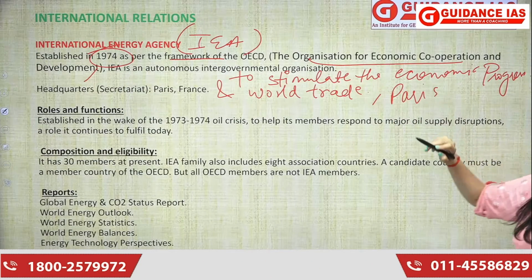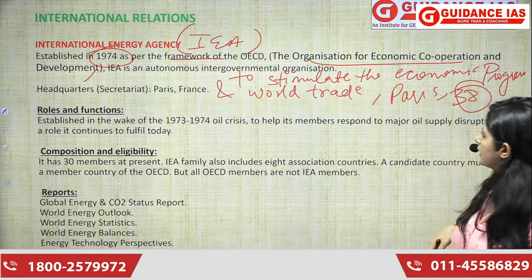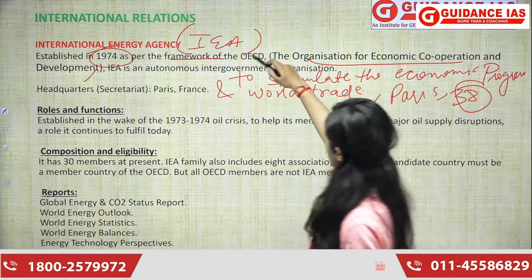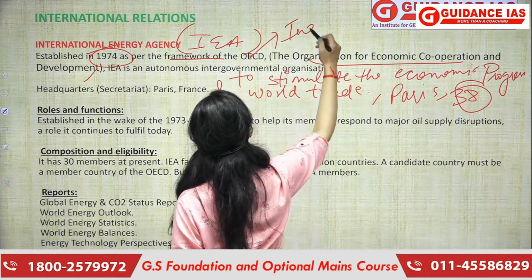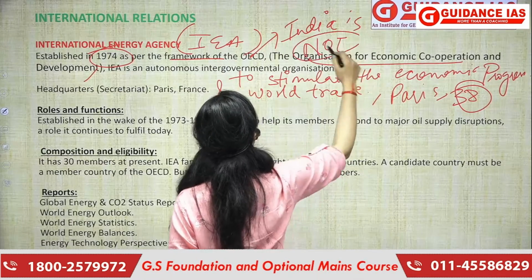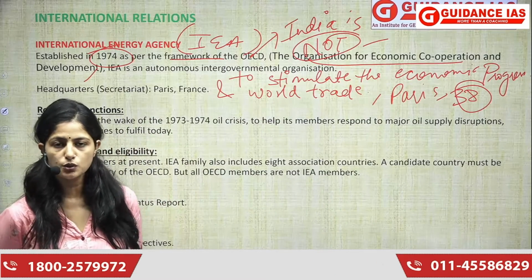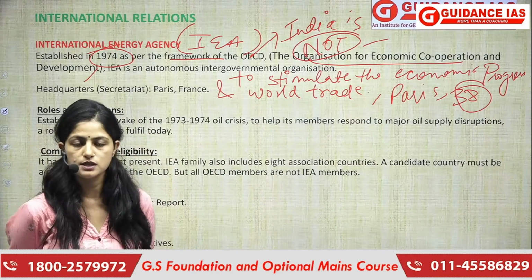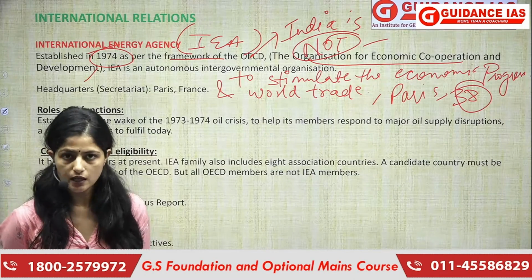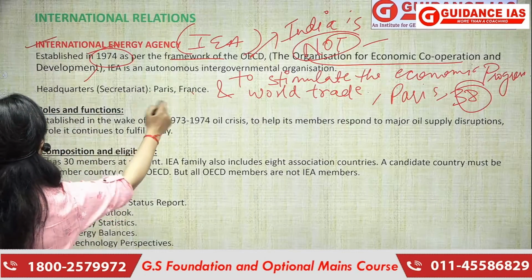If we talk about the member countries, 38 member countries are there in OECD. और अगर हम इंडिया के पर्सपेक्टिव में बात करें तो India is not a member. Whichever body you're reading, make sure that you read it with the Indian perspective also. ठीक है, एक ग्लोबल पर्सपेक्टिव आपको समझने की जरूरत है, but Indian perspective भी जरूरी है आपको समझने के लिए, right? IEA का भी हेडक्वार्टर पेरिस में ही है.